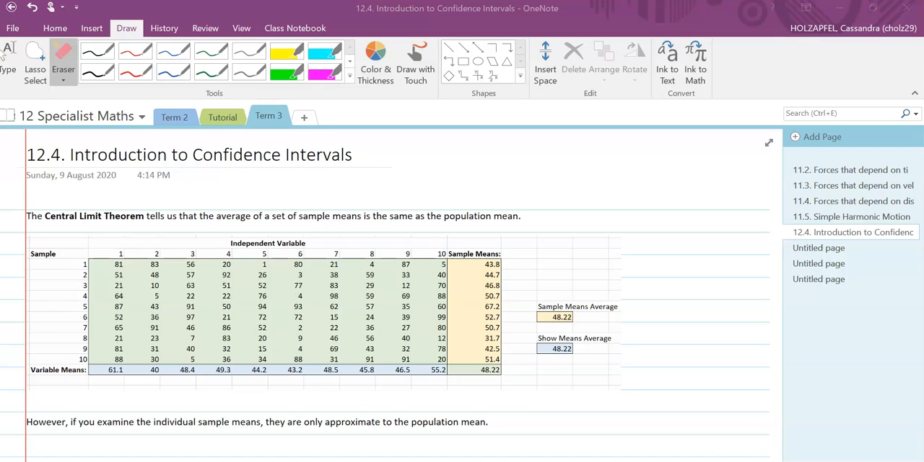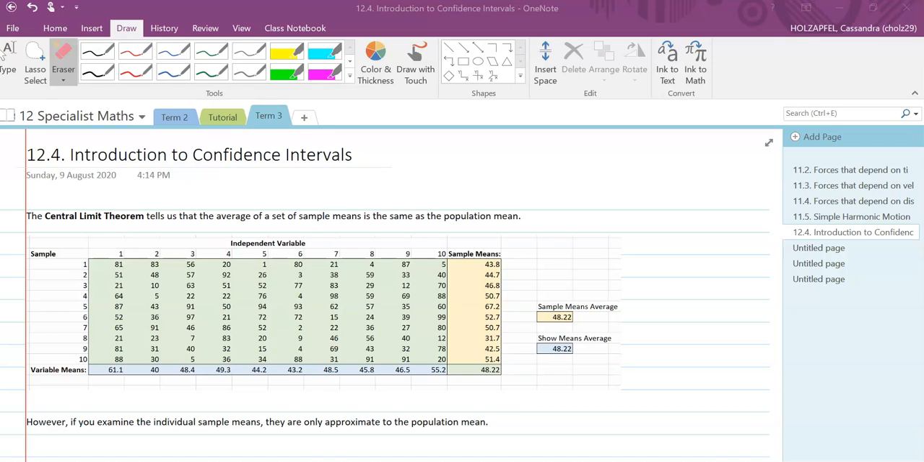Today we're going to be doing a brief introduction to confidence intervals, and I'm going to show you how we can use them to estimate the population mean from a set of samples. Previously we've looked at the central limit theorem. The central limit theorem tells us that the average of a set of sample means is the same as the population mean. So what I mean by that is if I was to take some samples,